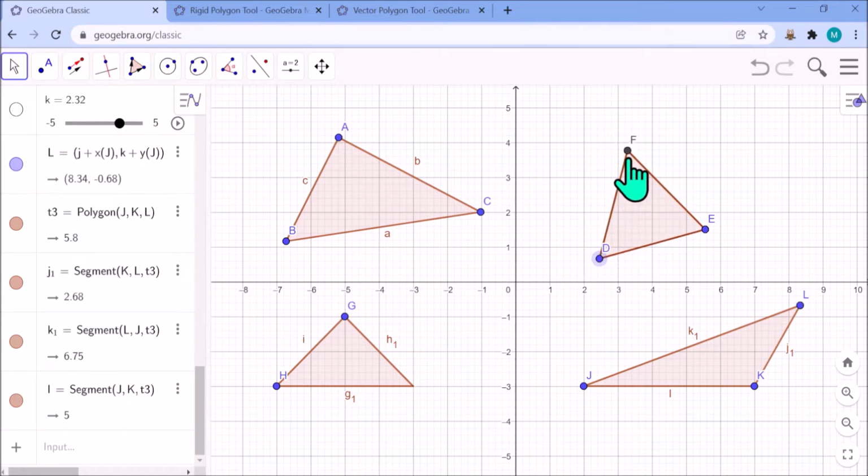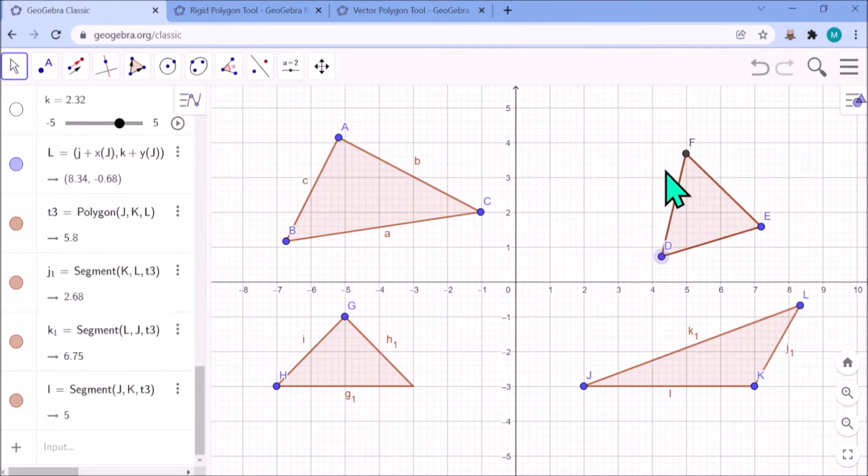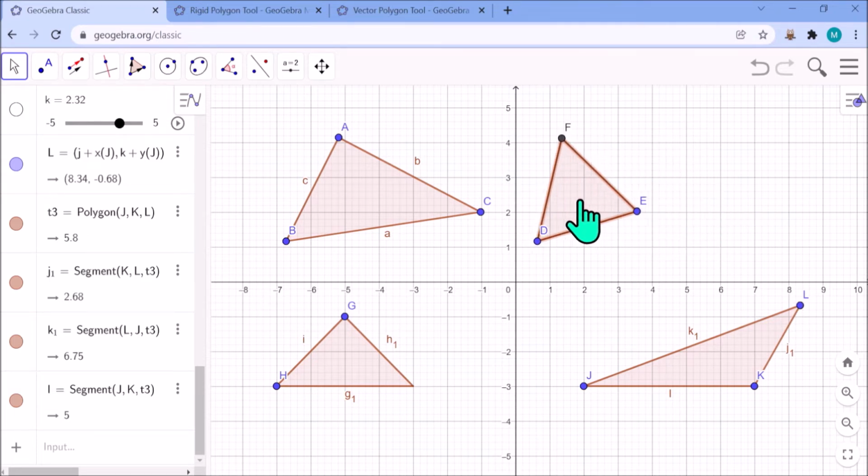Okay, but F point is created by GeoGebra itself. I have given the input for D and E. I can change them, but it is still a regular polygon. But I cannot change F. I cannot move it. Yes, I can move the complete polygon